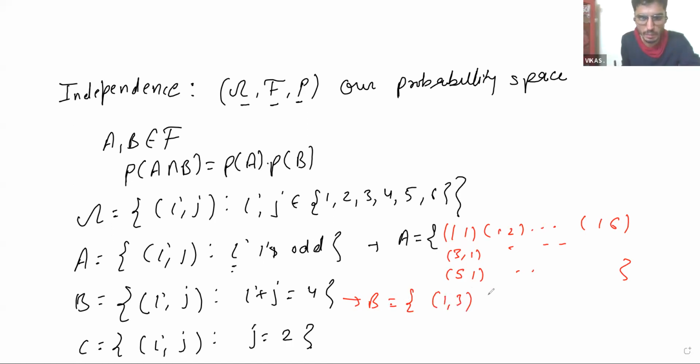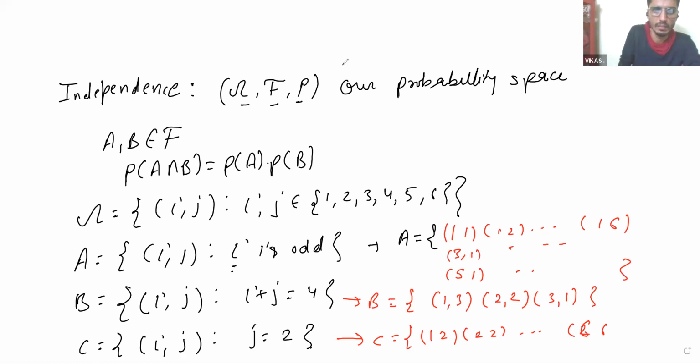So (1, 3) is a possibility, (2, 2) is a possibility, (3, 1) is a possibility. I hope I have covered all the favorable cases for event B. And for event C, j is 2, so you just have to keep j equal to 2. It means (1, 2), (2, 2), up to (6, 2), so there will be 6.